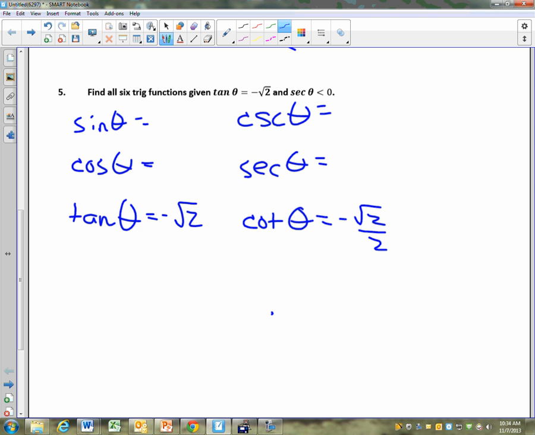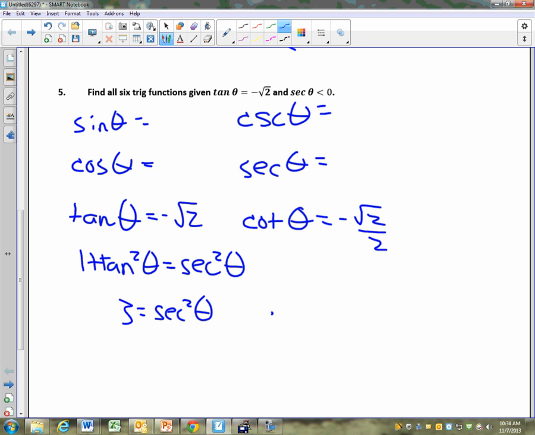Okay, I would choose to use 1 plus tangent squared of theta is equal to secant squared. So, if you square negative root of 2, you get positive 2. So 3 equals secant squared of theta. Square root, and you get